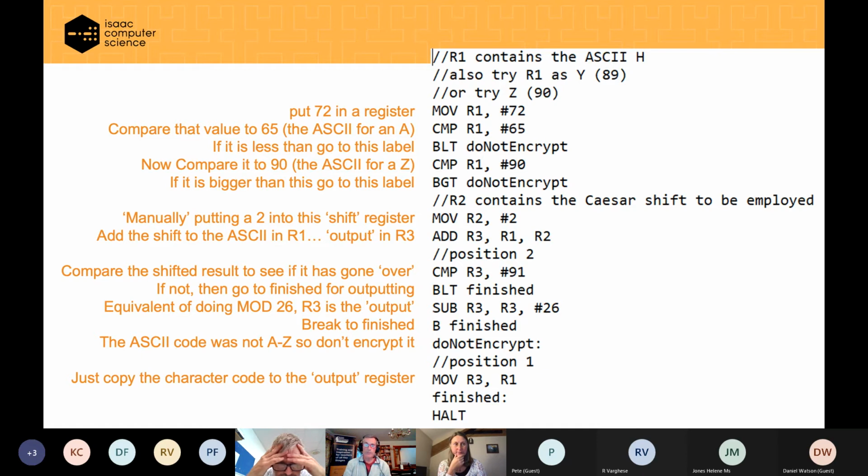Now, if we're not going to encrypt it, where it says move, so MOV, pretty easy to remember, that's move. Whatever these mnemonics are, the first register that's mentioned is generally where you're going to write something. And that, I think, takes away some of the confusion if you're new to this. So the first register mentioned is where something's going to get put, or an answer is going to be generated and put there. So move R1, move R3, R1, we're just going to take whatever was in R1,